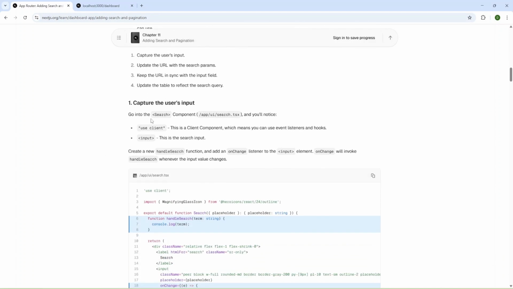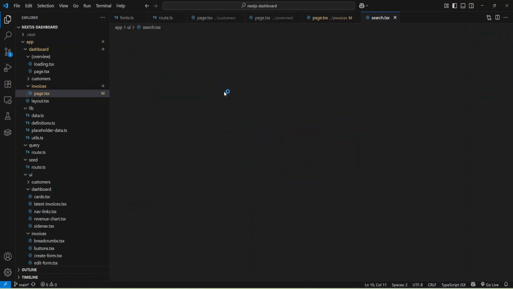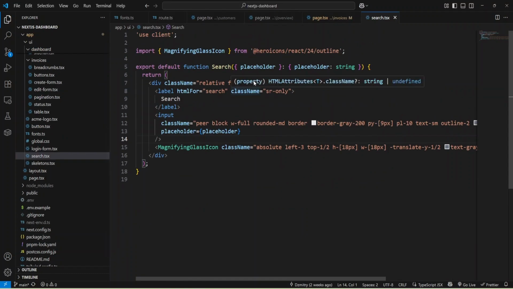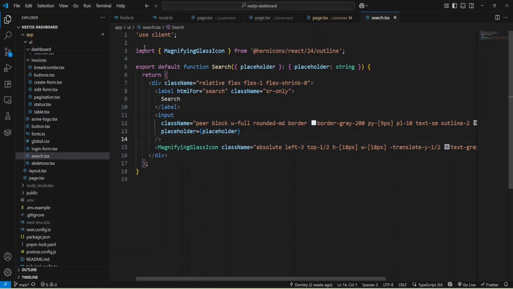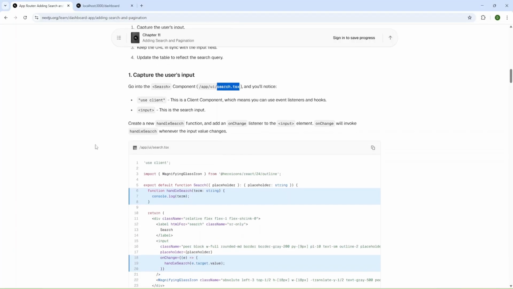And let's go to our search component, and we'll add some code. Let me find it. Okay, and we have it here. As you can see, we use client here for client code, and that will allow us to add onChange to the input and also use some client hooks. Okay, and let's check what we have.